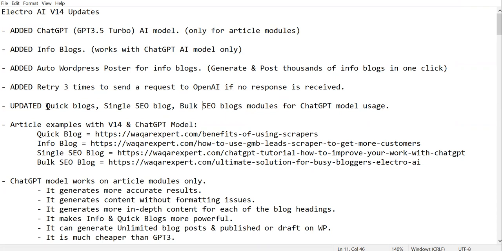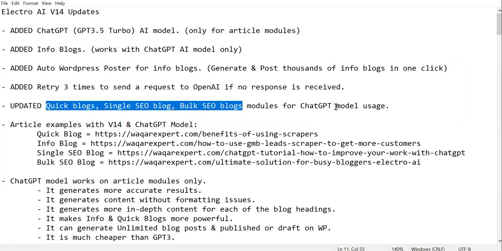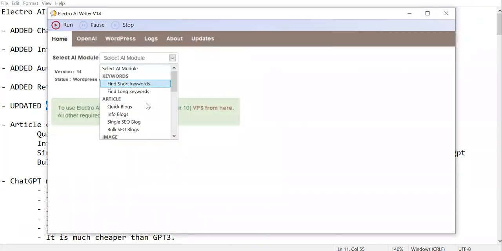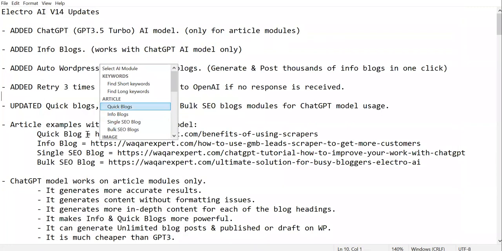And all 3 of the modules except this one, and this is the new one, obviously, all three modules are also usable with the ChatGPT model, right? As I have told you before, this model is applicable on these 4, right? Okay, I have recently actually,